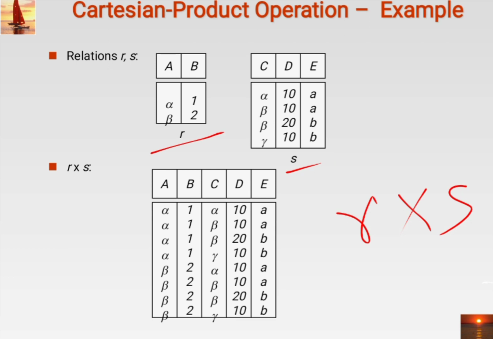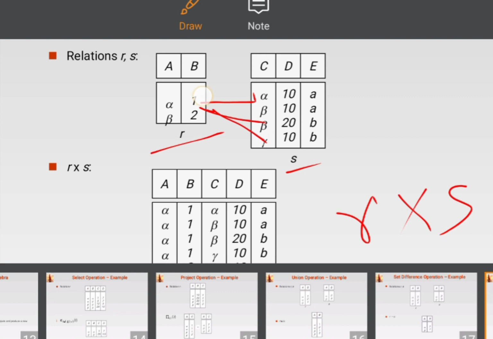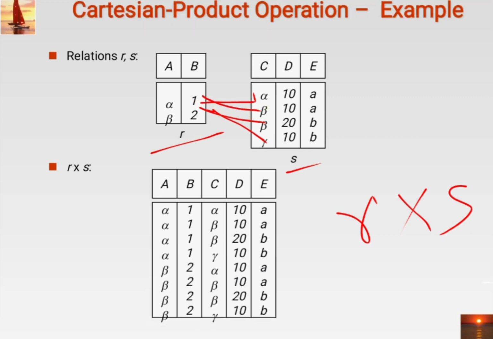So how we generally multiply, we multiply in this way: this with this, right? All four we are going to multiply, so you can see there are 8 entries here. The first entry is like this: alpha a1 is combined with all 4 attributes. So alpha 1, then a10 a, then alpha 1, then beta 10 a, and so on. But they are sorted out here, you can see. That's why the output you are seeing is like this. And then this beta 2 with this, and this beta 2 with this. In this way it will get multiplied.